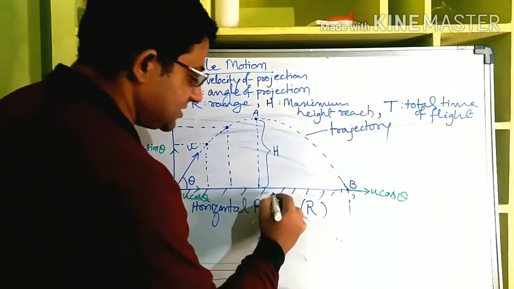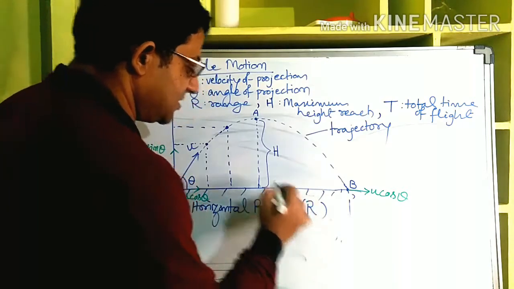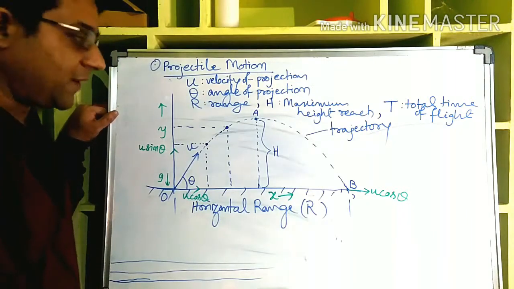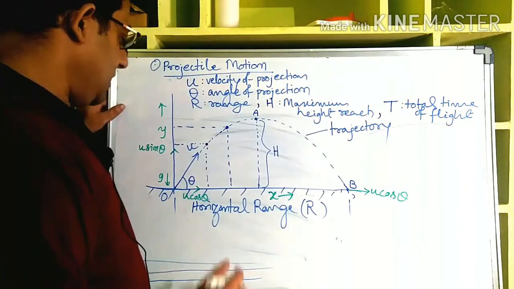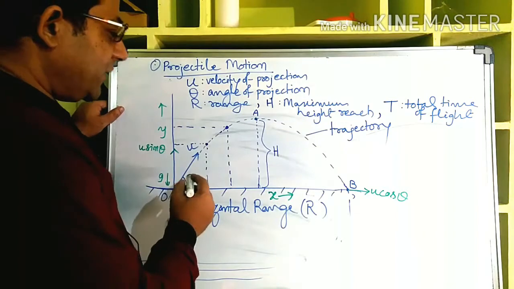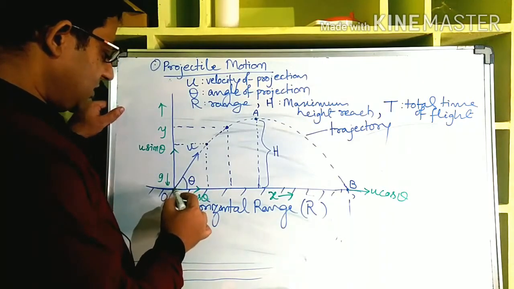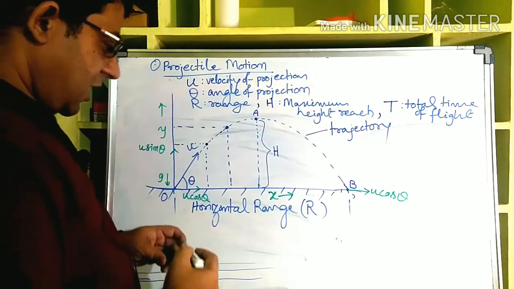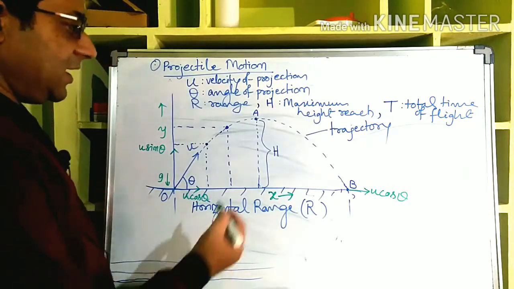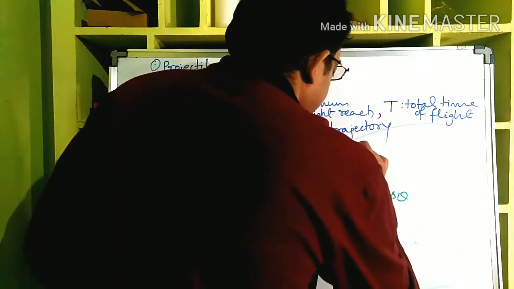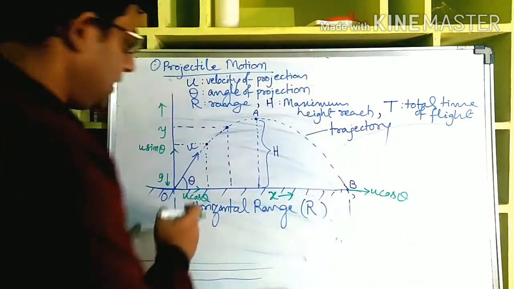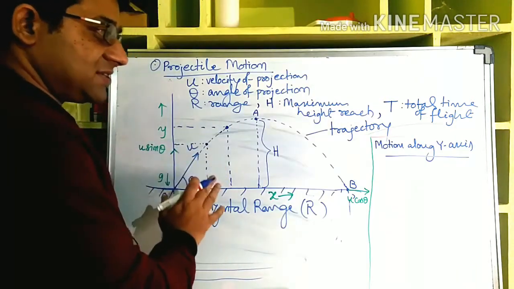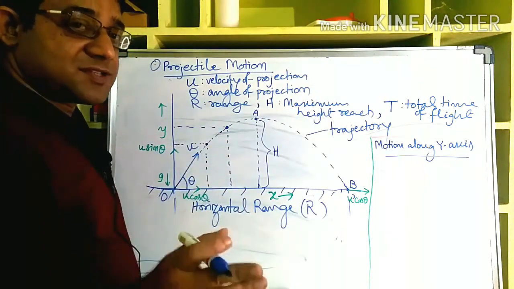Let us say this is our x axis, so this is the x direction, and we will say this is the y axis, the y direction. Fine. Now, if we want to find out the time taken in which the body has traveled from O to A, how will we get that? If we consider only motion along the y-axis,